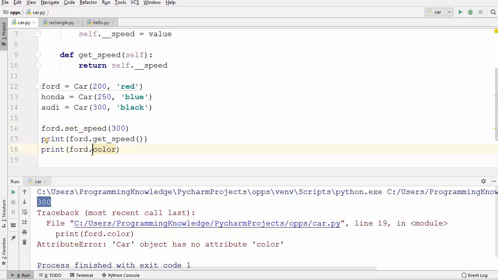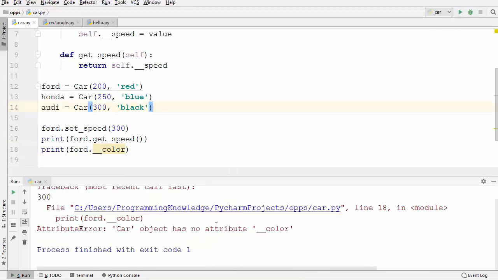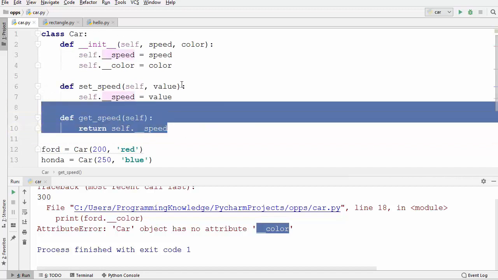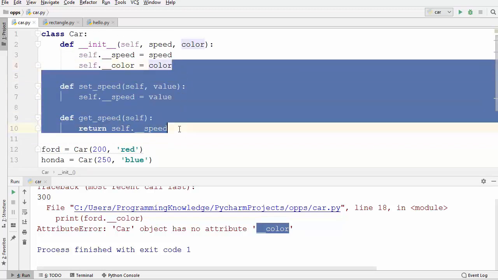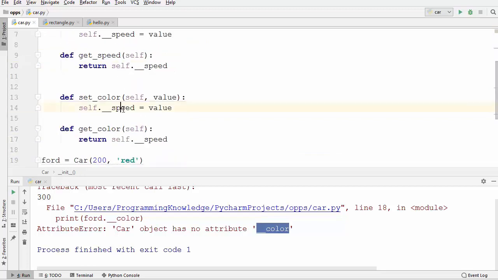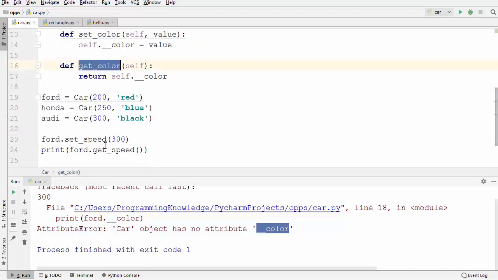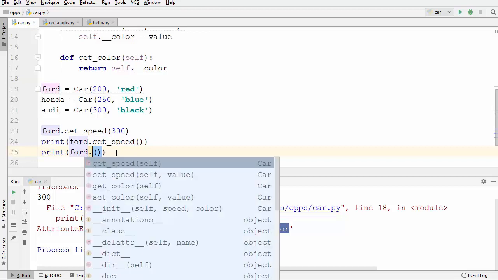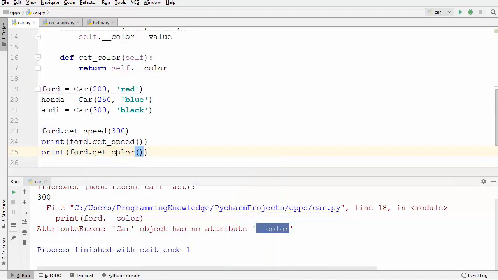Also, if you want to use this underscore color here, and let's run the code, this will also give you an error because this underscore color is private. So either you can remove this code, or you can create the setter and getter method for the color also. So let's create the setter and getter method for the color. And now we can access the value of color using the get color method, right? So instead of this get speed, we can just write Ford.get color,